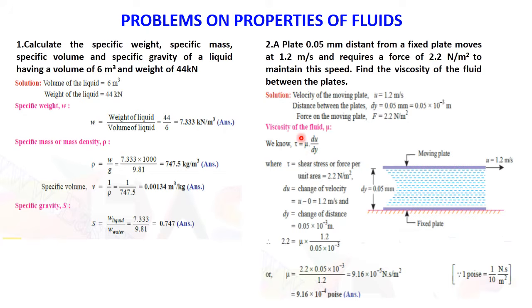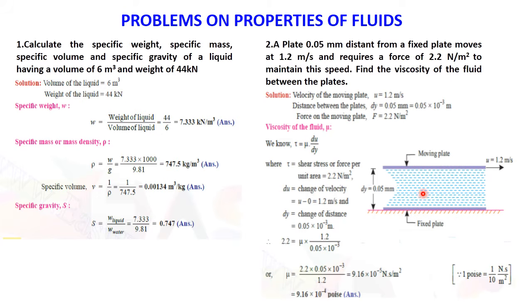So now for finding out the viscosity of the fluid, that is the value of mu, first we require the equation of Newton's law of viscosity, which is tau is equal to mu into du by dy. Now here, what is tau? For maintaining that particular speed, the area is constant, and therefore at that particular area the force required is also constant. So tau is the shear stress, or in this case it is taken as this force per unit area, that is nothing but 2.2 Newton per meter square. So naturally the force is in Newton, but the value is given to us in Newton per meter square. So that shear stress is nothing but the force per unit area.